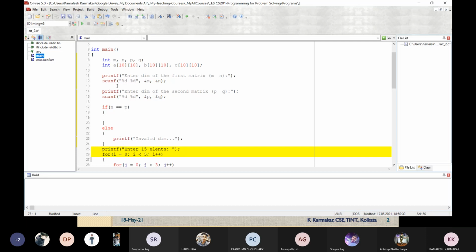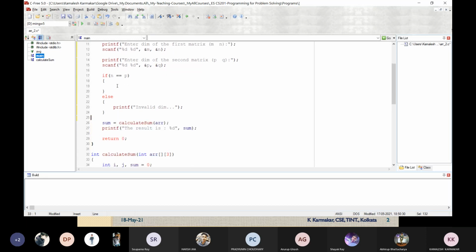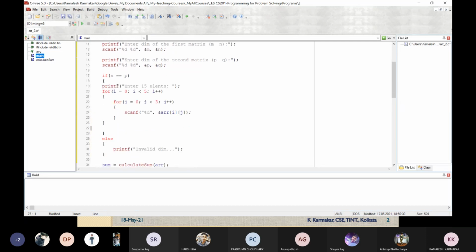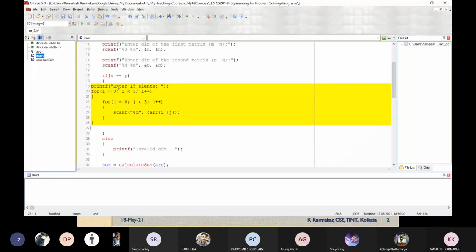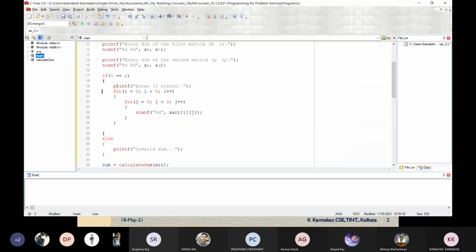If n equals p, then we have to take the input. So printf, enter the elements. Just I will write enter the elements. So how long will the first loop run? At line number 20, i equals 0, i less than m, the number of rows, and how many columns are there? n number of columns.